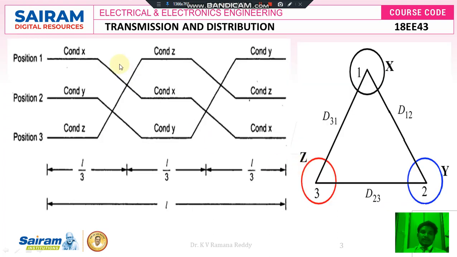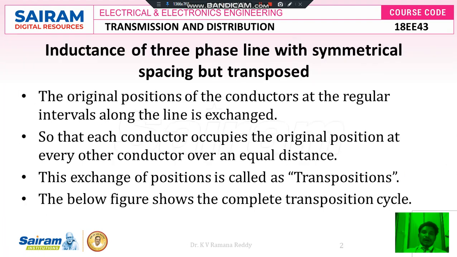For suppose one conductor is changing its position, at tower A and at tower B. If you see the positions of the remaining conductors, for example conductor Y is at position 2 at tower A, but conductor Y is at position 3 at tower B. The same conductor Z is at position 3 at tower A, but due to the change of position of conductor X, conductor Z occupies another position, position 1 at tower B. Like this we change or transpose the positions of the conductors according to our convenience, in order to distribute the available conductors from one tower to various towers. This exchange of positions is called transposition.